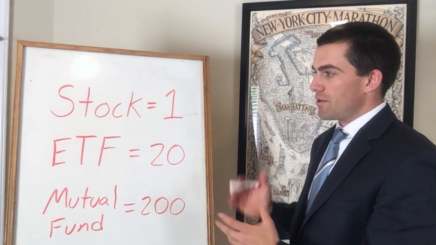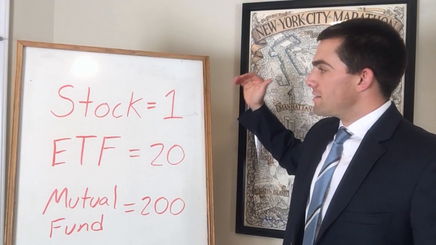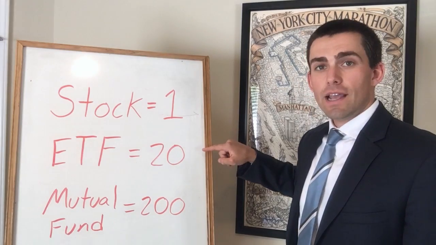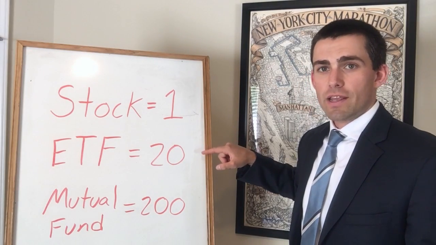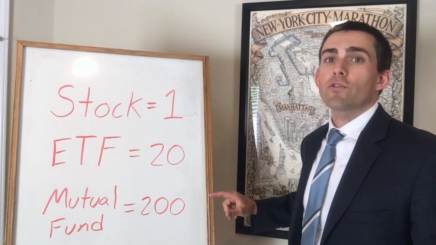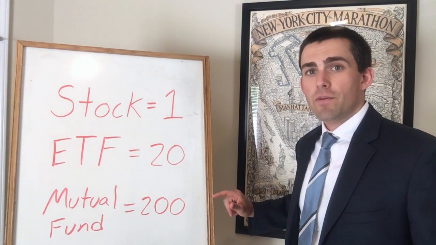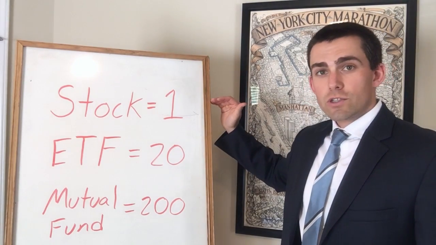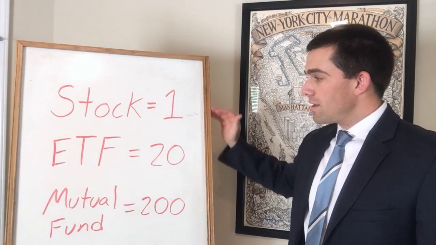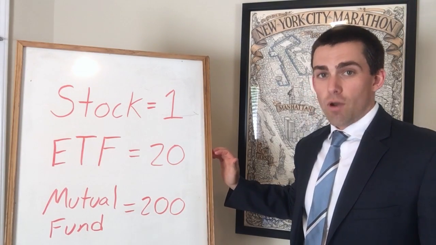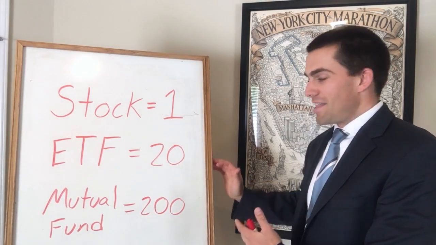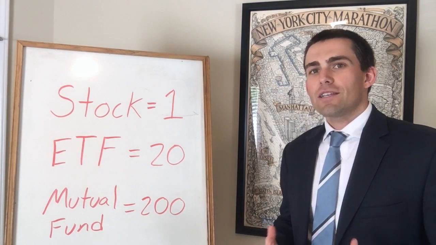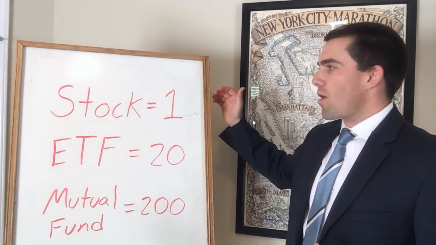Okay, so I summarized it here. What you really need to take away is that a stock, or one share of a company, is only one company. An ETF owns about 20, 30 companies within it, and a mutual fund will own probably over 200 different companies, give or take month to month, depending on their management style. So exposure-wise, when you own an individual stock, you're only exposed to one company. When you own an ETF, you're exposed 20 times more. And when you own a mutual fund, the exposure you have to the overall market is way, way greater than just buying one individual stock.